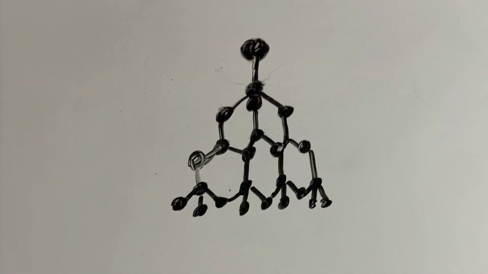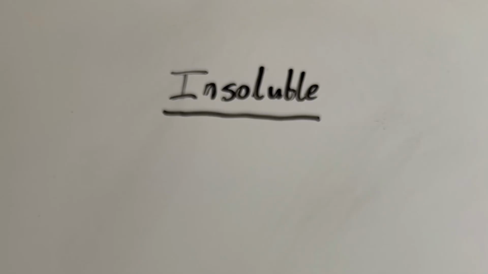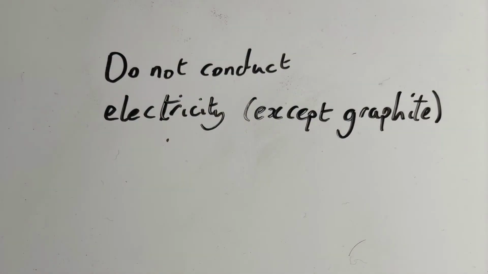Now, right off the bat, you've got something like diamond, which is carbon with 4 other carbons bonded to it. And so it has a really high melting point, because instead of intermolecular forces, it's got pure covalent bonds. These strong covalent bonds also make it insoluble. And because they're using all their electrons in bonding, none of them conduct electricity, except for graphite,